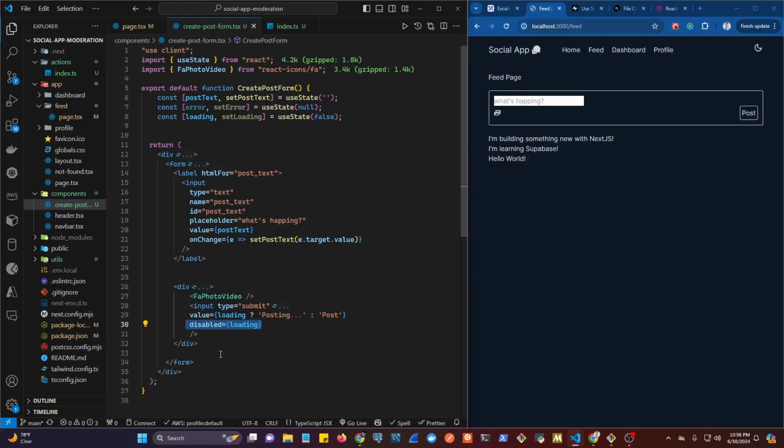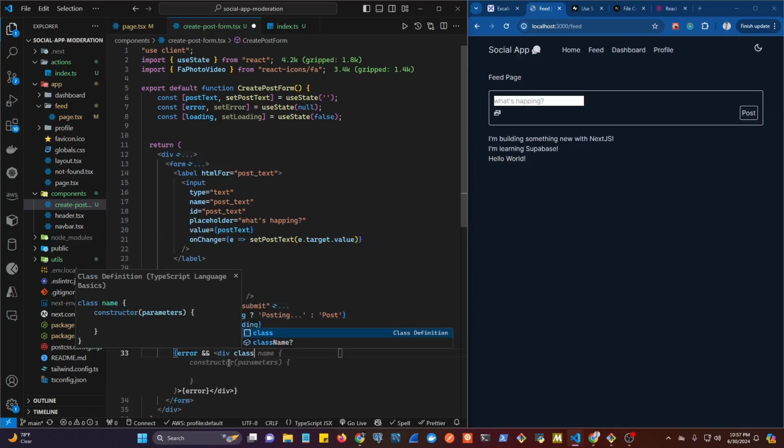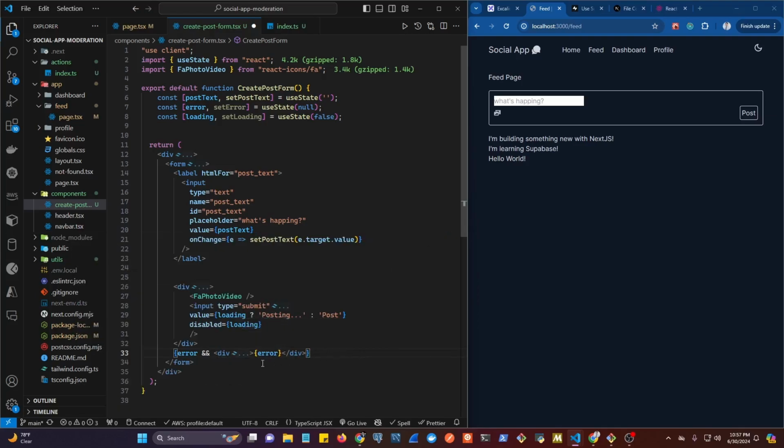So now in here we could render, curly brackets, if we have an error, we're going to conditionally render a div that is just going to display whatever error we set. We can add a red color or something to the text, but I'll keep it like this. Let's just keep this here to remind me to add some styling. So we can go straight to working with the